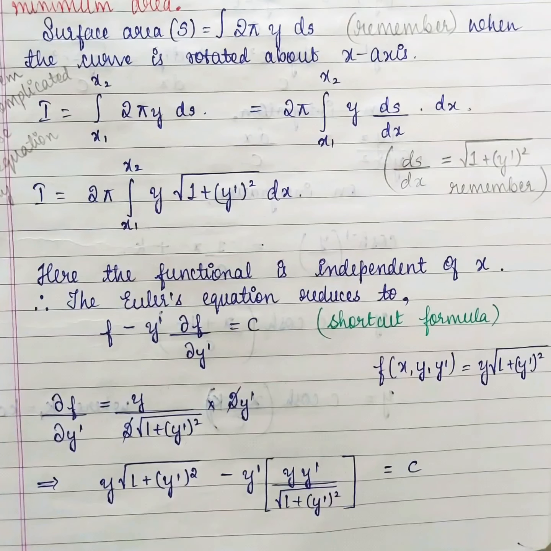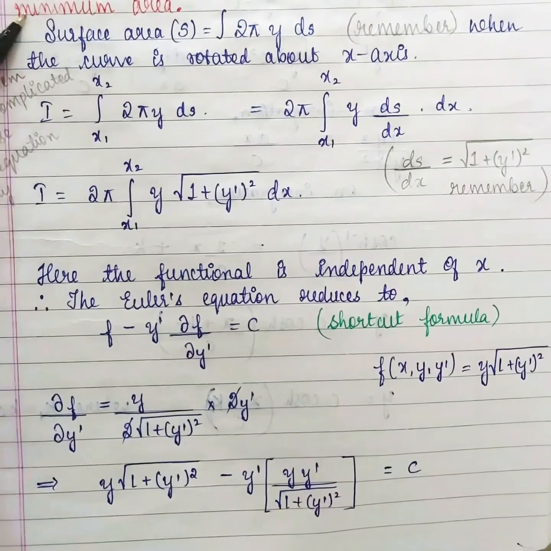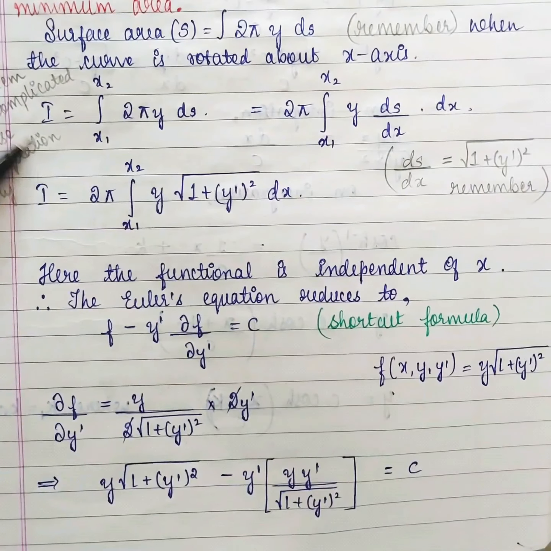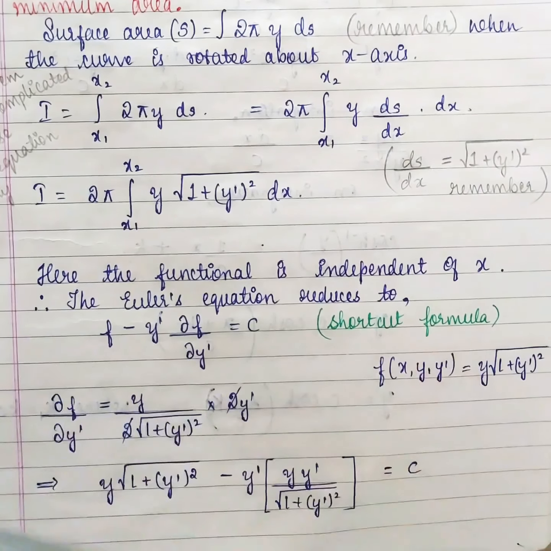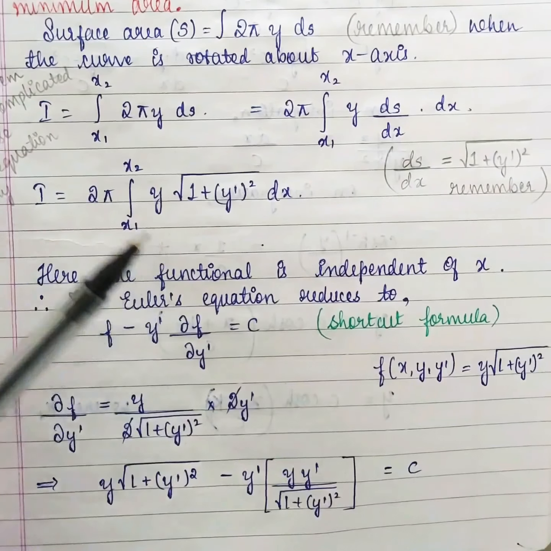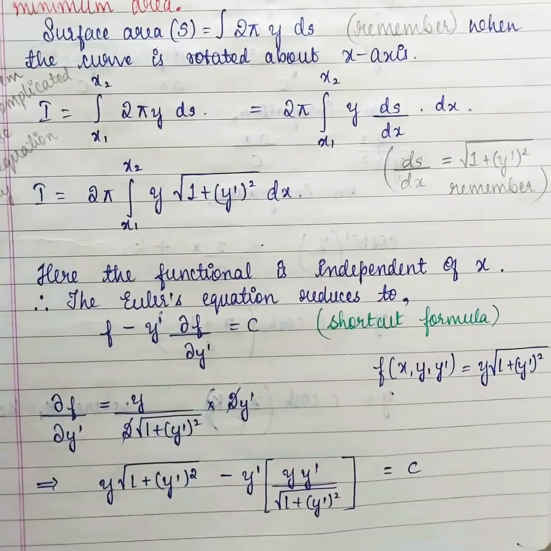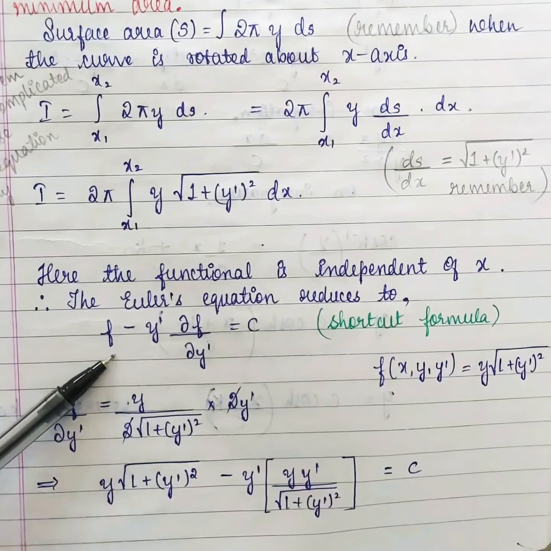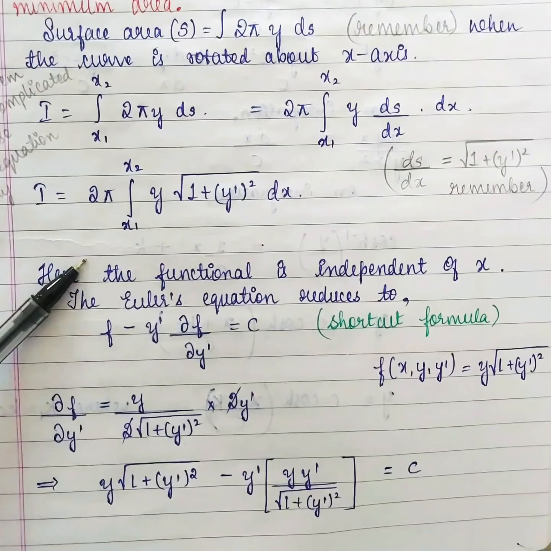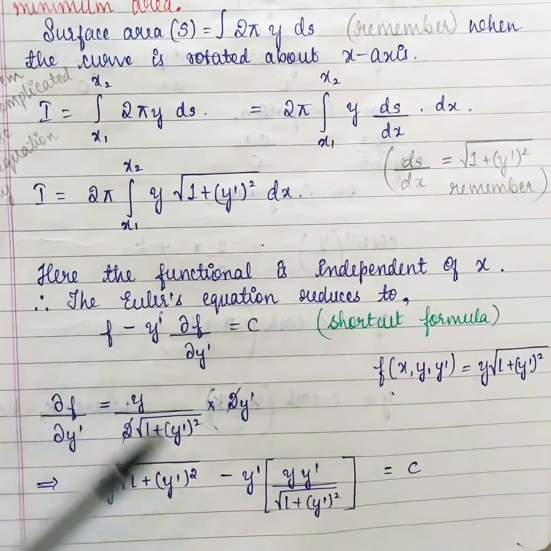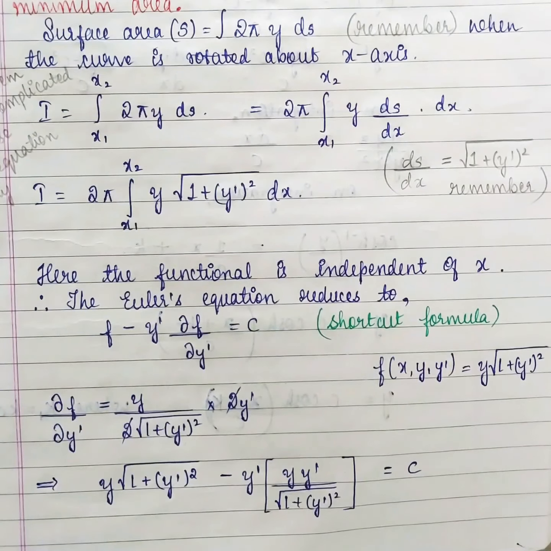So in such problems or proofs, whatever is given, we will convert it into a functional. There is nothing new. So they are asking about the surface area. Imagine the curve rotating with respect to the x-axis. When it rotates fast, you will get a shape, right? That one is going to be a catenary. That is what we are going to prove. So first we have taken I, and then we are using a different version of Euler's equation because this function is independent of x, and just substituted these values over here.